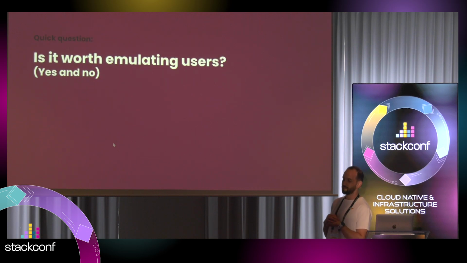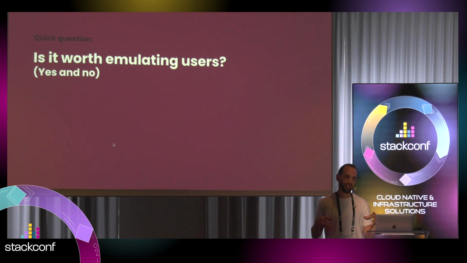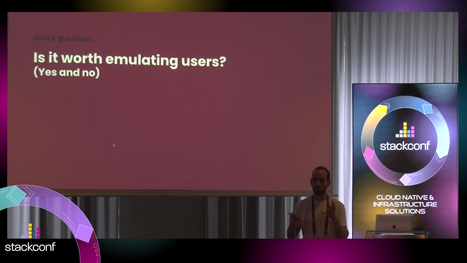Now, a quick question, something we weren't very sure about: is it worth emulating users? Because in our staging experiment, obviously you don't have loads of traffic. So when you're running your experiments, how can you know the actual impact since there are no users? Chaos engineering as a principle eventually requires you to constantly run those experiments day to day in your production cluster, on a small scale. In our case, we didn't do that. We just had whole days of running into it.